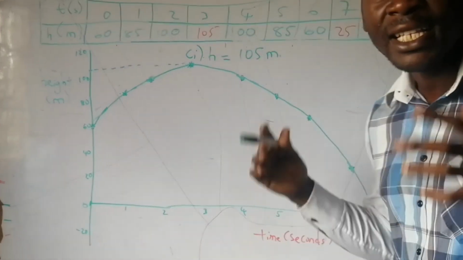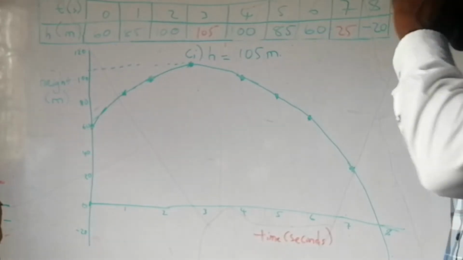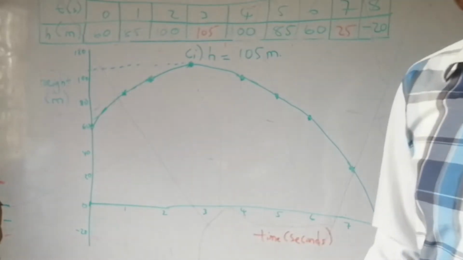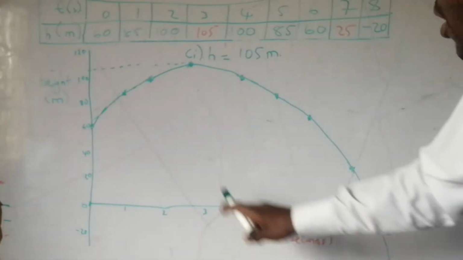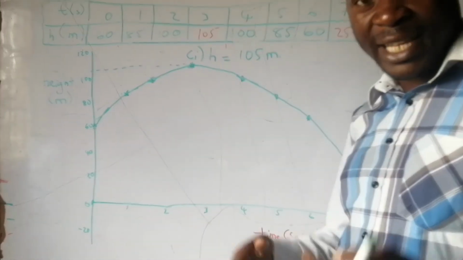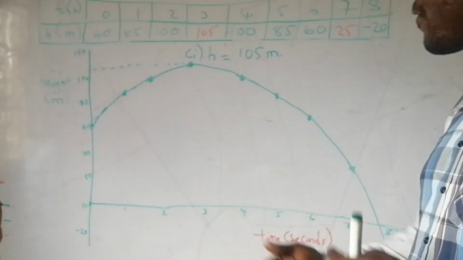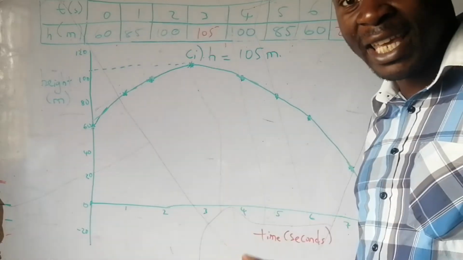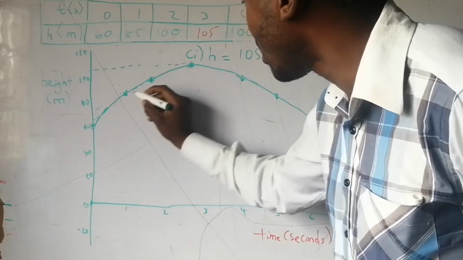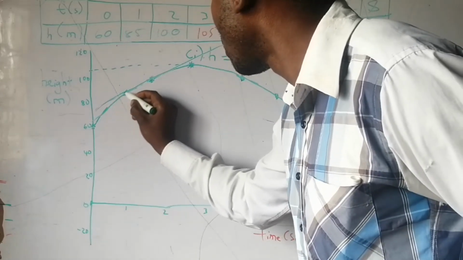Now, in terms of C item 2, the velocity when t is equal to 2. Right, in terms of a displacement time graph, we have learnt that the velocity or the speed of a certain object at any given time is the gradient. So at this point we draw a tangent here, a straight line,